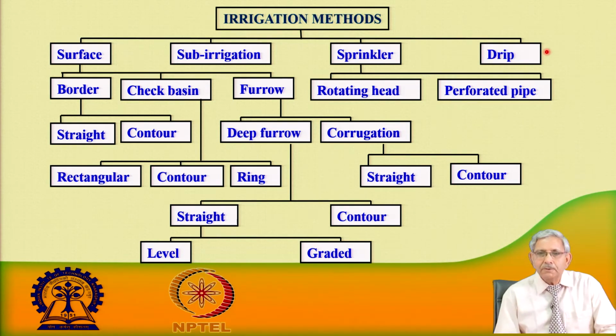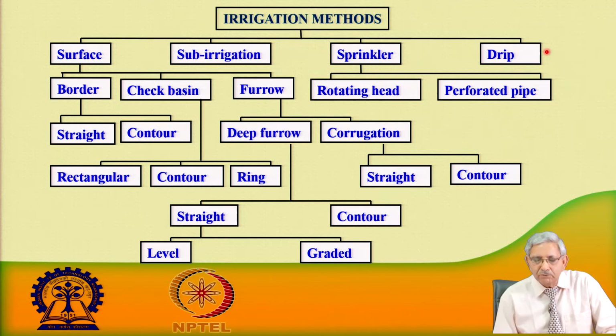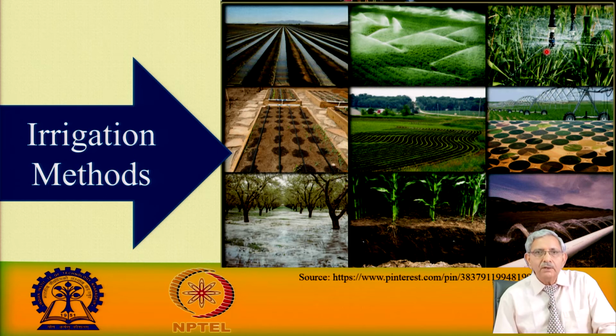And then the drip irrigation system. There is a big classification under drip irrigation, which we also call a micro irrigation system. We will go into detail in the coming classes. Now, here you can see all the methods which I have explained. These are shown in these different photos, and they are scientifically designed. The way they are displayed in these photos looks quite nice, but normally such a designed system you may not find in the field.